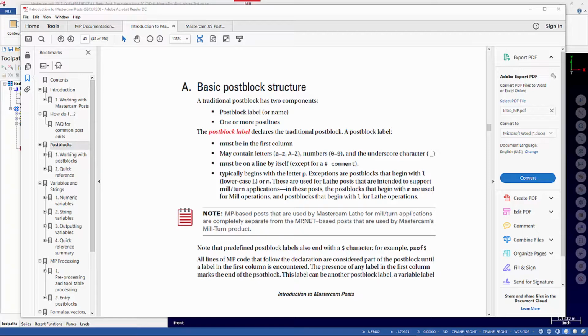Basic post block structure. A traditional post block has two components. The first is a post block label, or the post block name, and one or more post lines. The post block label declares the traditional post block. A post block label must start in the first column, may contain letters,